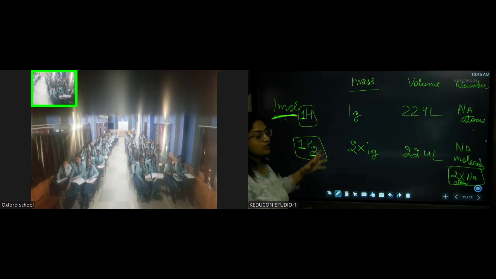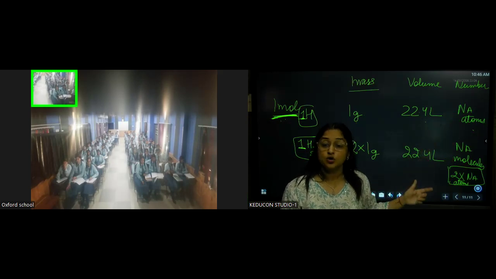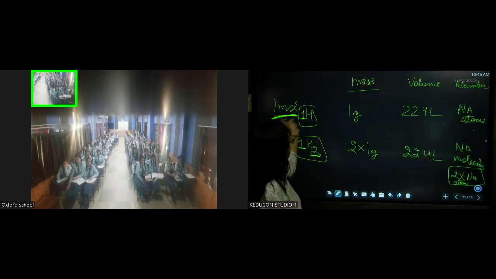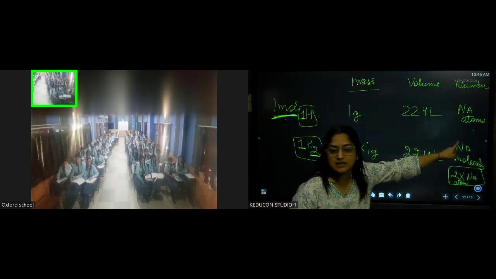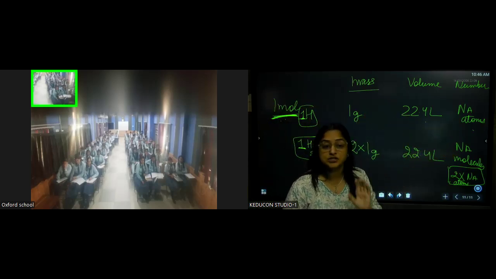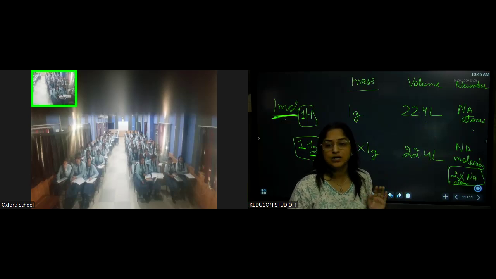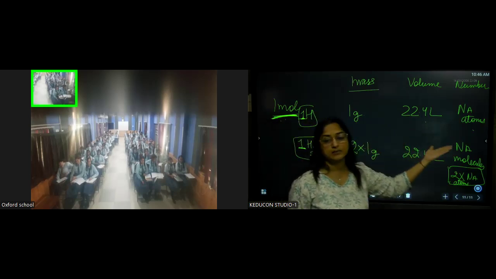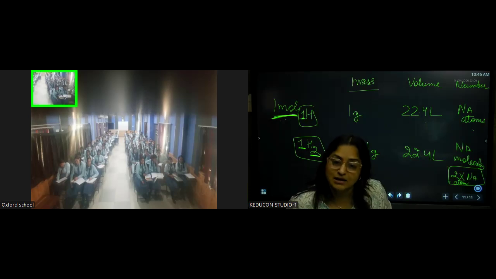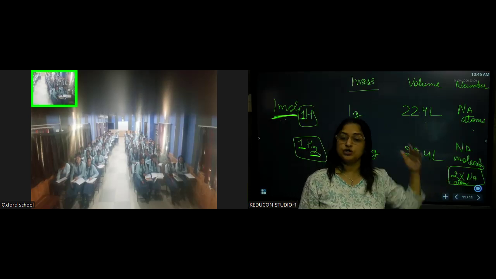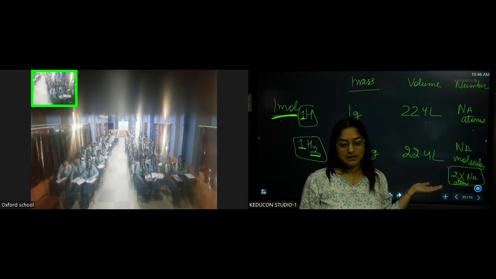तो इसीलिए मैं कह रही हूँ, जब भी क्वेश्चन करो ये चीज पहले लिख लो, फिर देखो कि क्या चीज पूछी है। मोल और मास का रिलेशनशिप, मोल और वॉल्यूम का रिलेशनशिप, या मोल और नंबर का रिलेशनशिप, क्या चीज की रिलेशनशिप पूछी है, उसका डायरेक्ट लिख लो कि अच्छा एक मोल में तो इतने एटम हैं, अब जितने में पूछे उसमें निकाल लो। ज्यादा में पूछे होते तो मल्टीप्लाई करते।